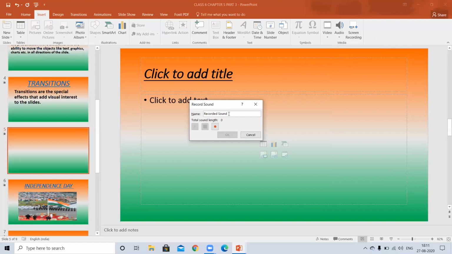The recorded sound name is there by default, and then you can give your total sound length. Then you can start, and then you can pause. This is the pause button, this is the play button, but I don't have any recorded.